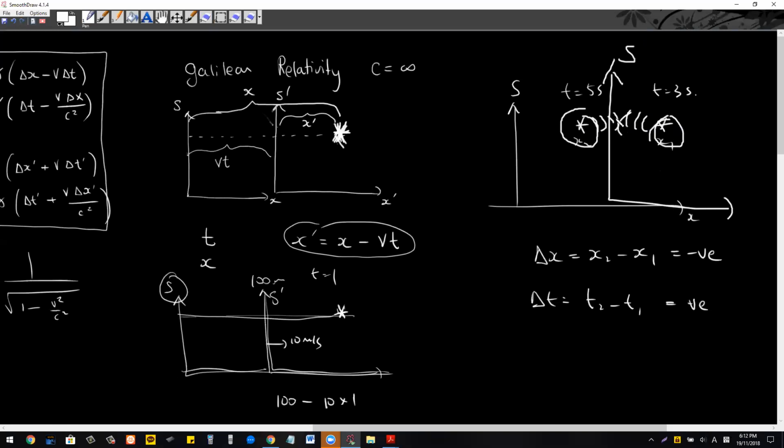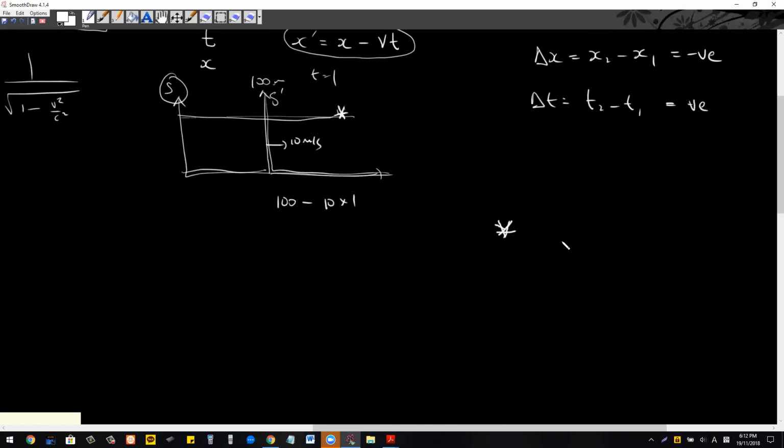But causality should never be broken. That's what I think. Think about it: if this event causes this event, so there's a causality. If there's a causality, then regardless of the frame, you will always observe this one first and then this one. This is very important. So if this one causes this one,